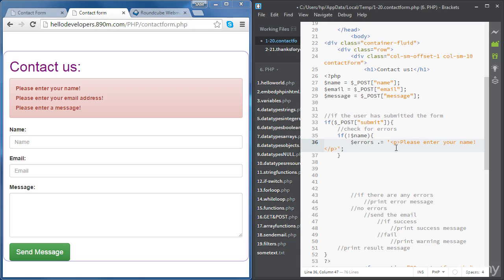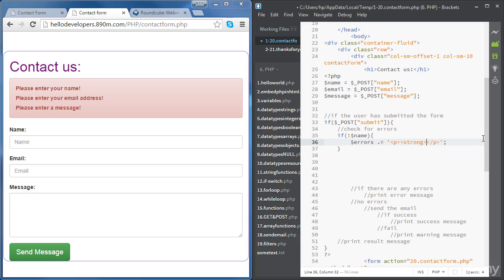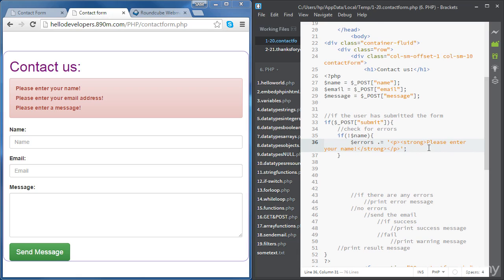Okay, and just to make it look bold, we are going to place the content between the strong tags. Okay, and also to make our code more structured, we can also store all these errors or these paragraphs inside